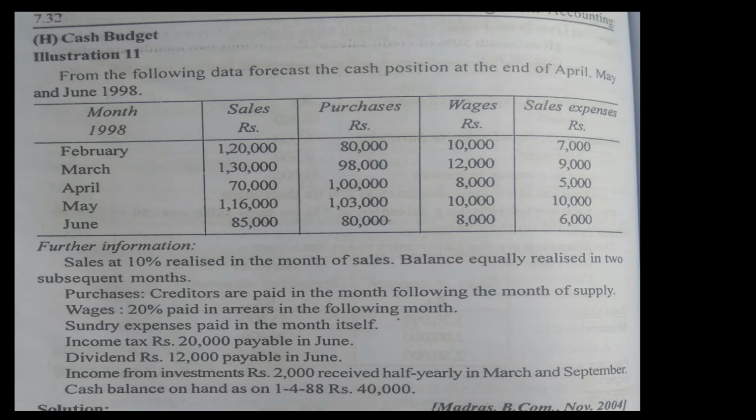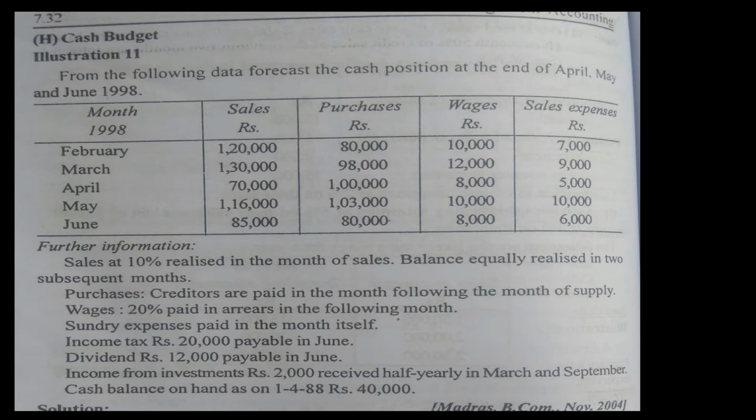So based on this, you're going to find the balance of cash, what will be there in the month of April, in the month of May, in the month of June. That's what we're going to do. We prepare beforehand and find if there's any negative balance. For example, if in the month of April, May or June we get a negative balance, we have to talk with the bank manager and make the necessary arrangements for the overdraft facility beforehand. This is possible with the preparation of cash budget.